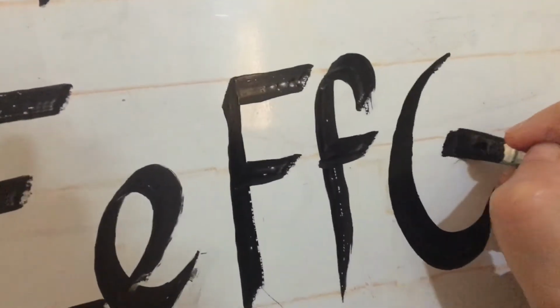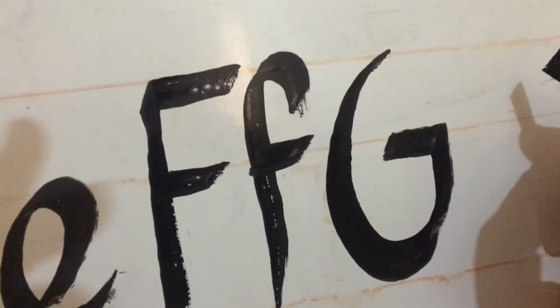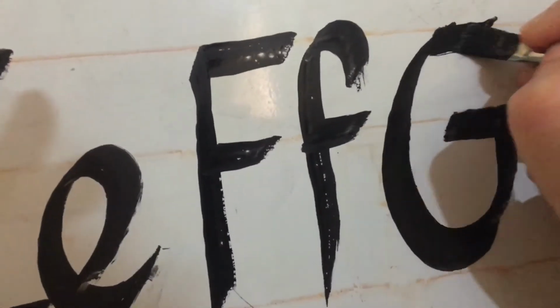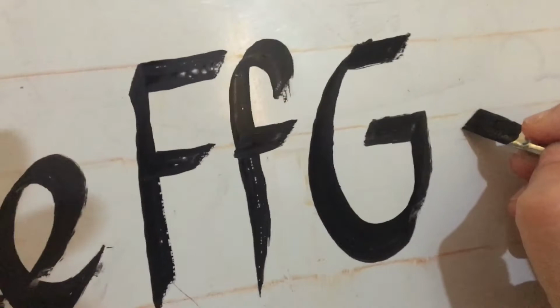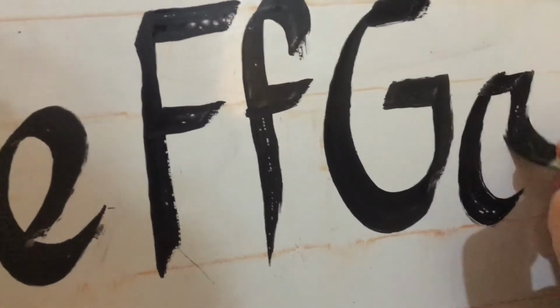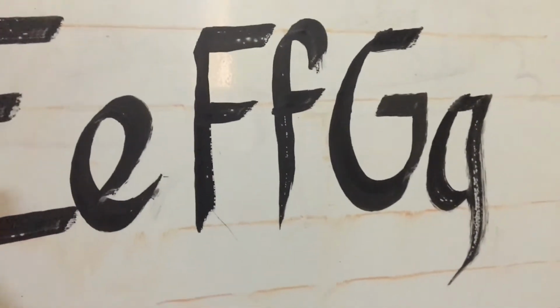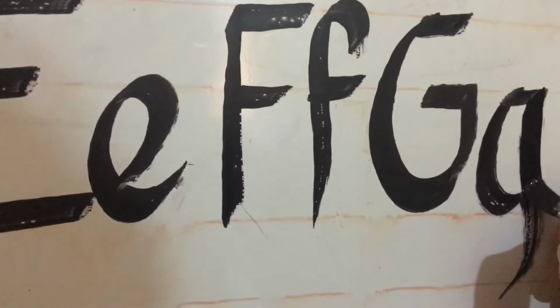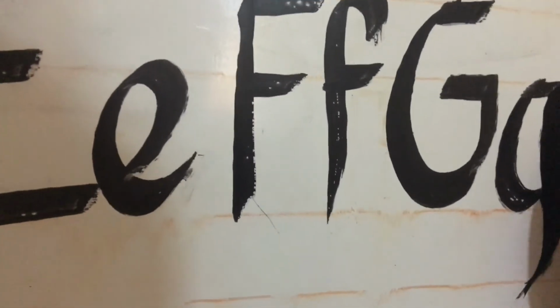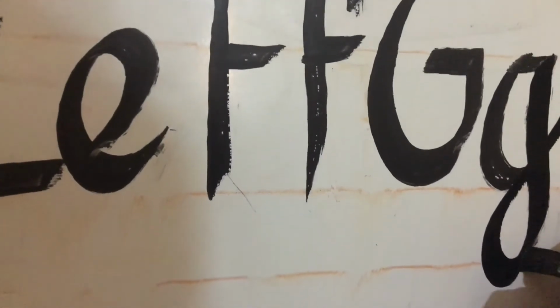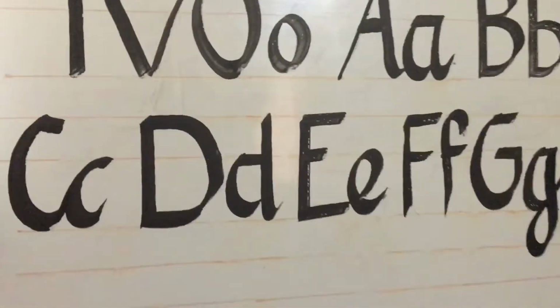G, small g. Why you will able to see this? Just because this is not the cartridge sheet as you are having in your art file. This is the board, plastic board where I am teaching you. You can do it with the ink or you can do it with the poster color, whatever is available to you. G.